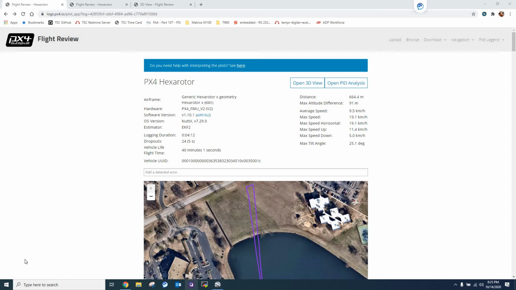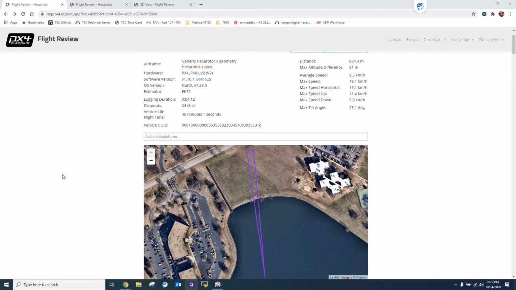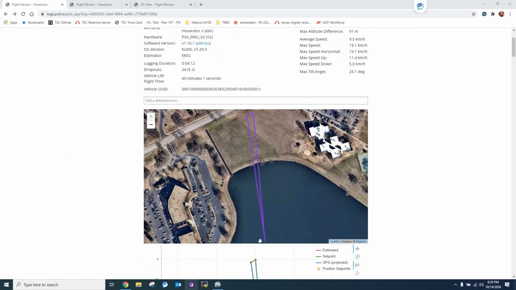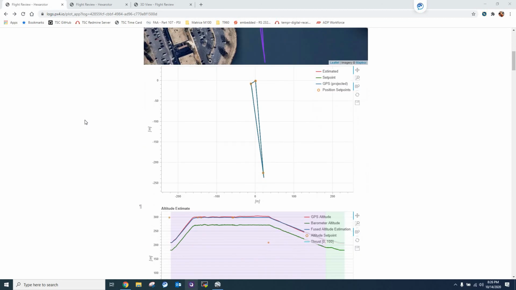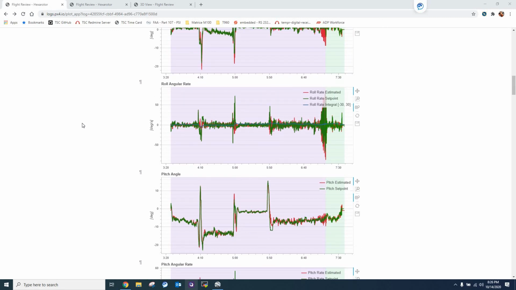Hey, so I just wanted to go over our latest data that we just captured. This is actually the one where it didn't work out. This was our first attempt, and it got about halfway out there. Then I called it back home. That's why it's not straight. But